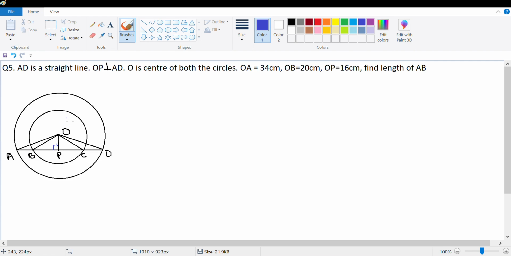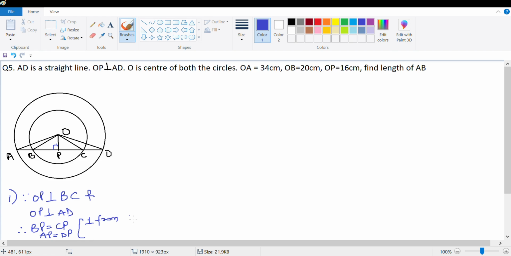So this is a set of concentric circles. O is the center of both the circles. OA is equal to 34. Let's start writing. Since OP is perpendicular to BC and OP is also perpendicular to AD, therefore BP is equal to CP and AP is equal to DP. The reason is